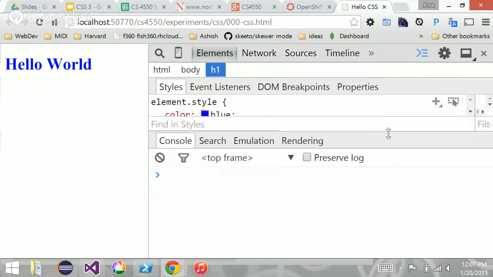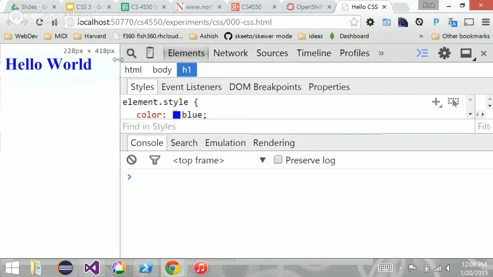It has a console. The console allows you to debug JavaScript, which we'll be doing next week. So we can step through code that is running on the browser. We'll do that next week. Those are the elements. Notice at the top you have several